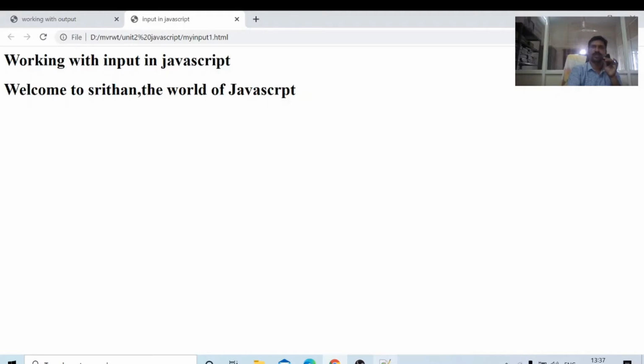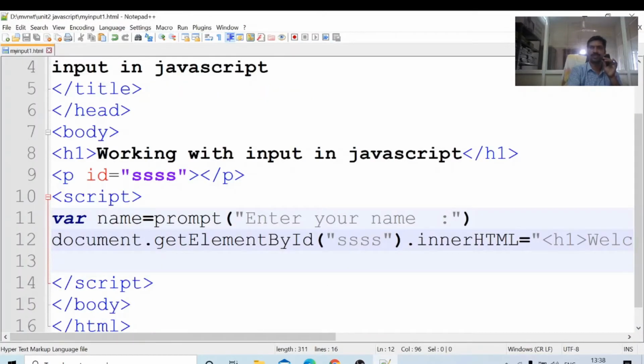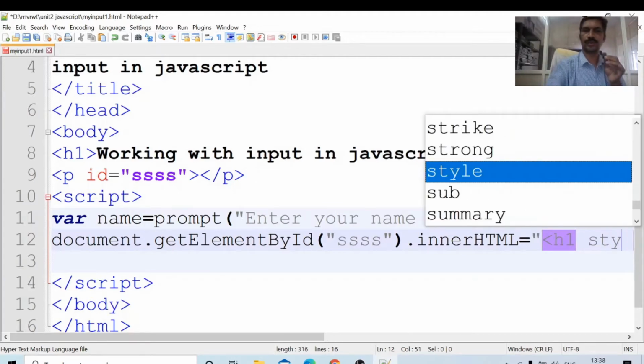I want the color of that font to be blue. What will we do in order to get blue color? Here I will write the style tag.